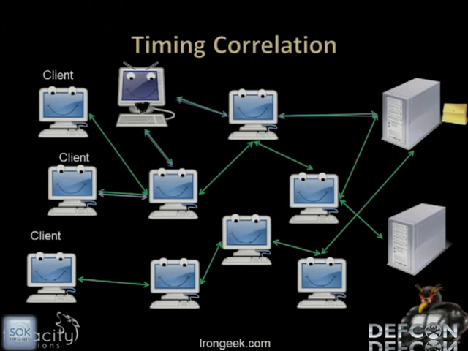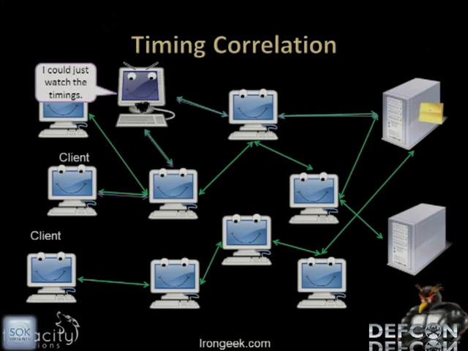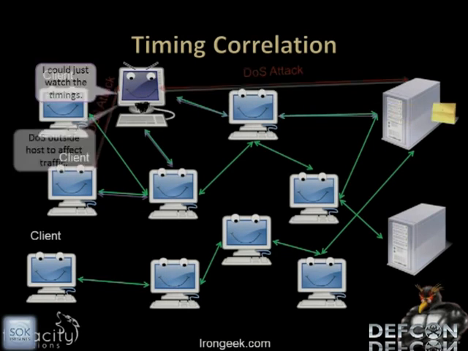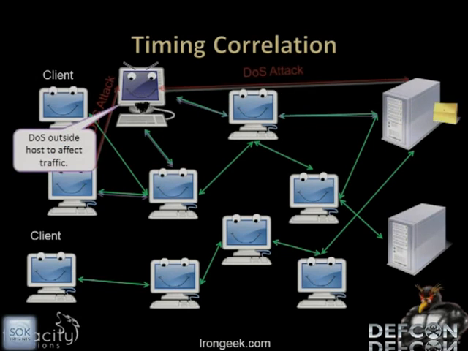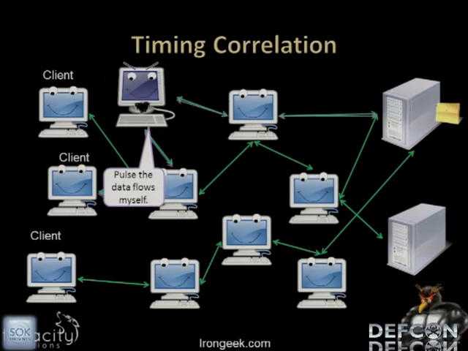Another example might be timing correlations. Like I was saying, there was that whole delay between exchanges, between different nodes in the darknet. They could also DDoS nodes they know are in the path and try to cause a certain pattern in that timing by overloading a server and making it delay other packets, so they can impose the timing themselves. If they happen to be in the path, they can try to pulse the data flow and tag it via timing,